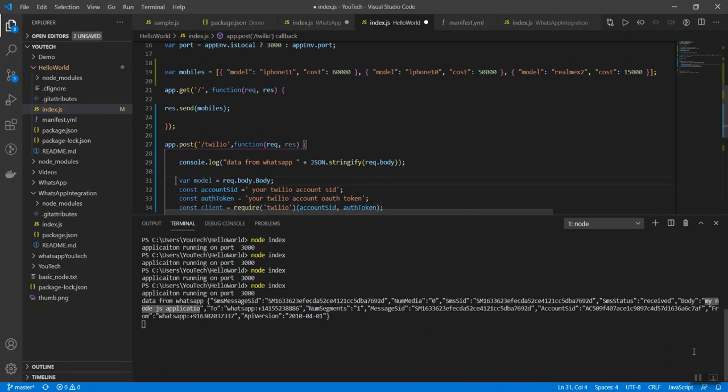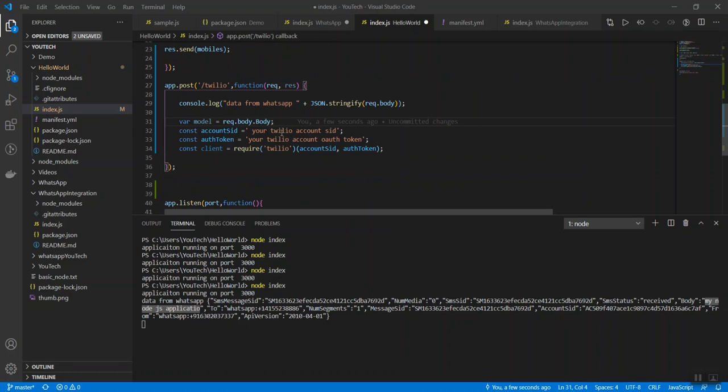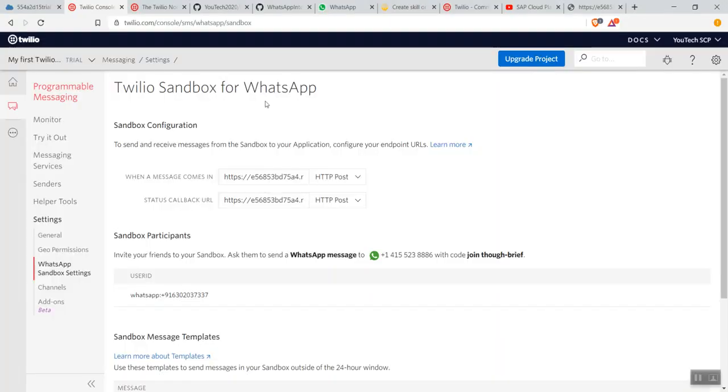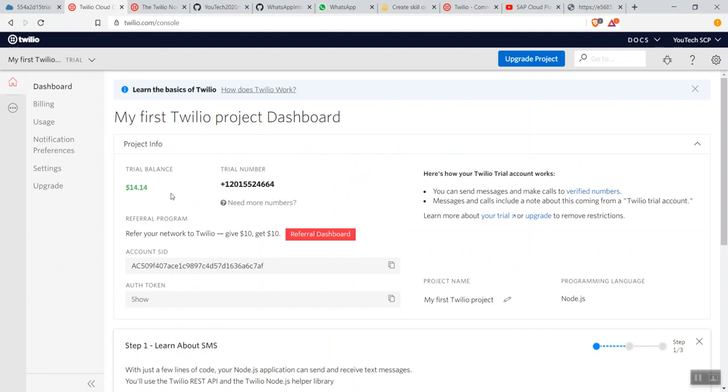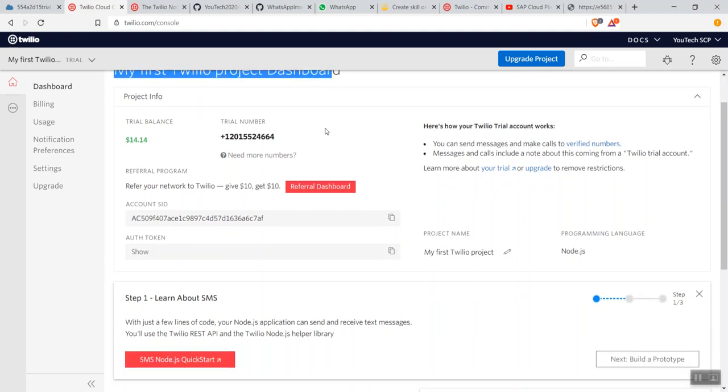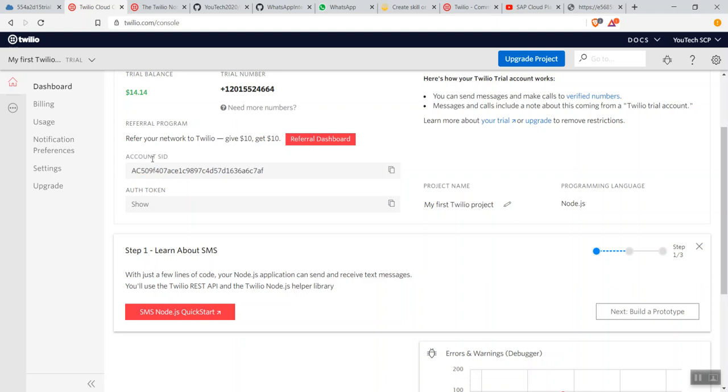Now I will show how to get this account SID and auth token from Twilio. Let's go back to my Twilio account. Go to the home section on Twilio.com, and this is my project name. Under this project there are two things: the account SID and the token.